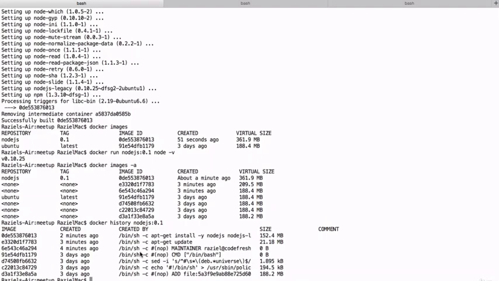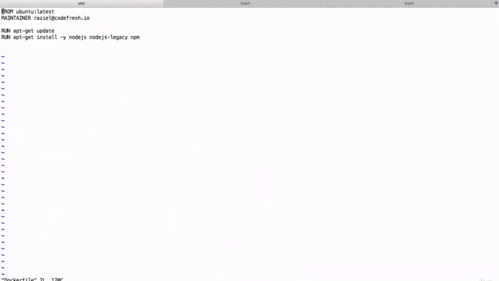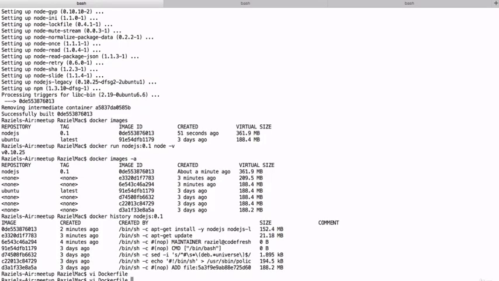Now let's see this caching in action. Let's go back to our Docker file, and let's add one more command at the end. Let's do run apt-get clean. Okay, let's run the Docker build again. This time we'll change the tag to be 0.2. Sorry, docker build